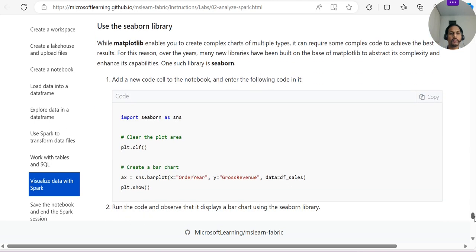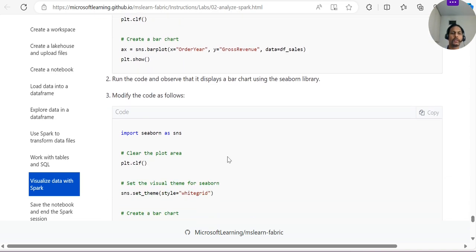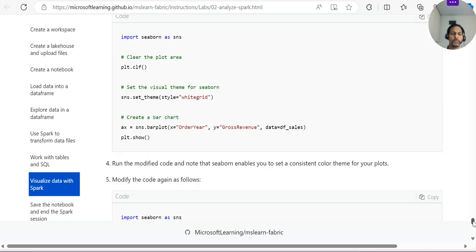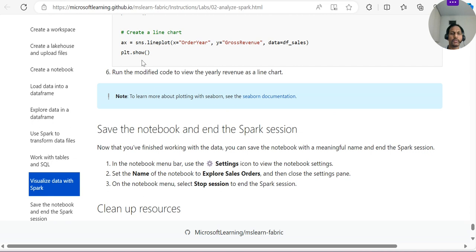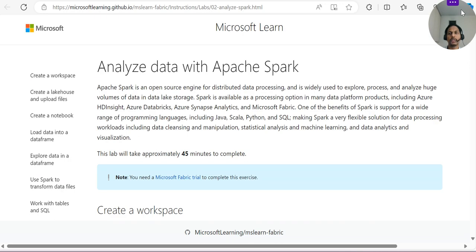Yeah. Similar to matplotlib, the seaborn library is there, so that also supports charts. If you want, you can use that. And similar to this, we have a lot of libraries, so you can use those and build your own reports. Yeah, this is how we can use Spark in Azure Fabric